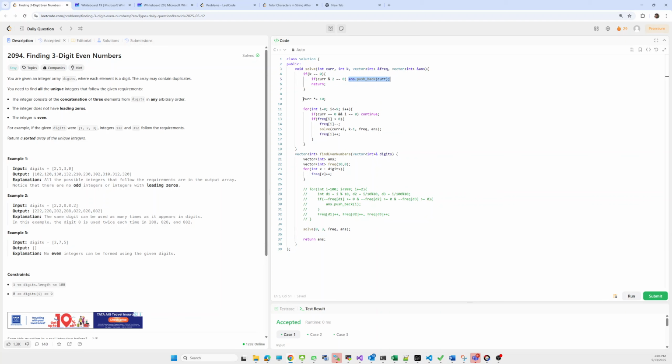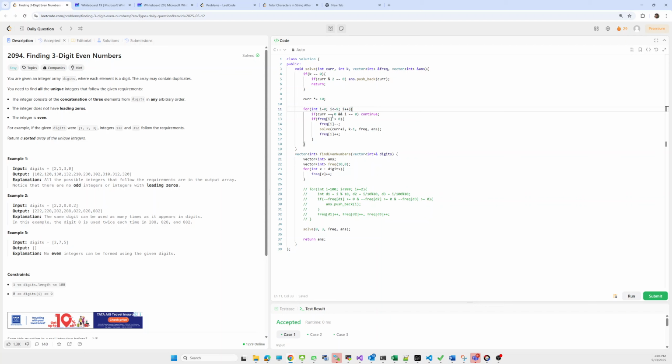After that we recursively update the next digit in the current number, and the next digit will be in the range from 0 to 9. So we iterate here from 0 to 9.